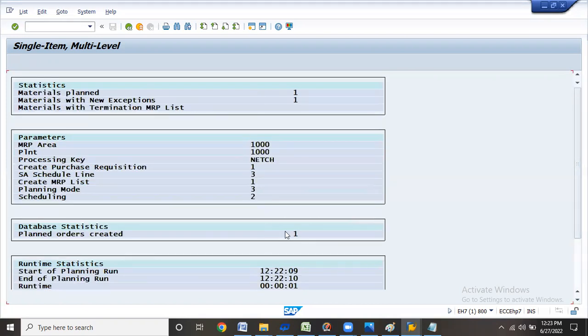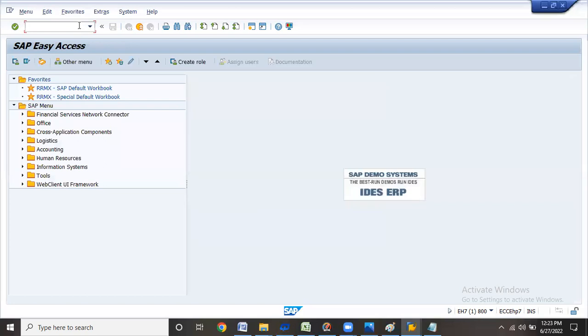For the single material, this is what you have. Now I will also show you for overall material, because if you look at the overall material, you get a small idea why we are using this. What you are analyzing, for one material you may not get an idea. You got only one planned order created. That's it. So if you go to MD01,